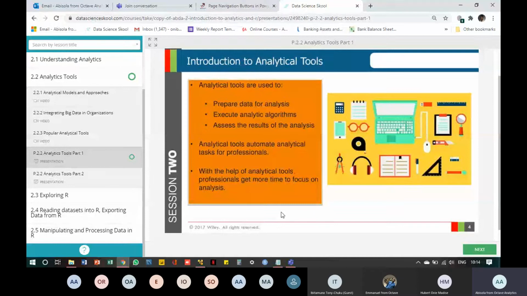But now things have changed, and we have various visualization tools with beautiful UIs, that's user interfaces. We have so many tools that help us with workflow diagrams, and we all know what workflow diagrams are.